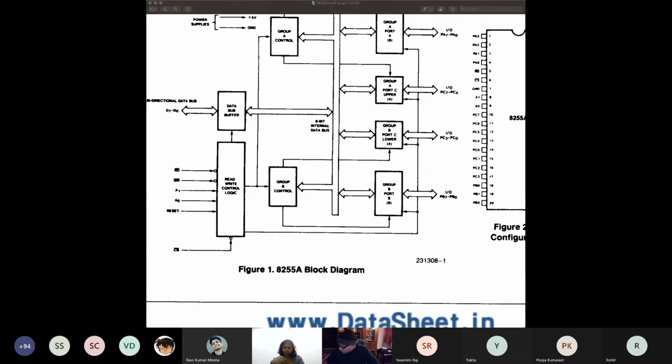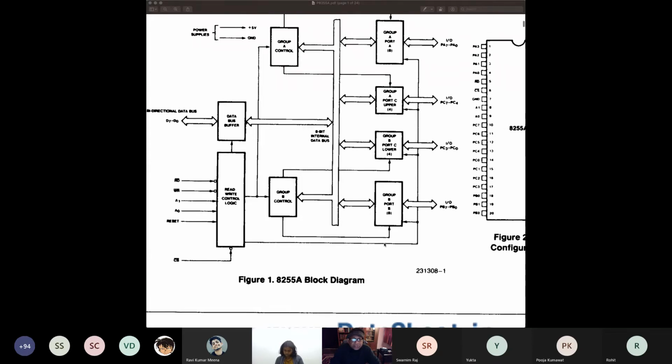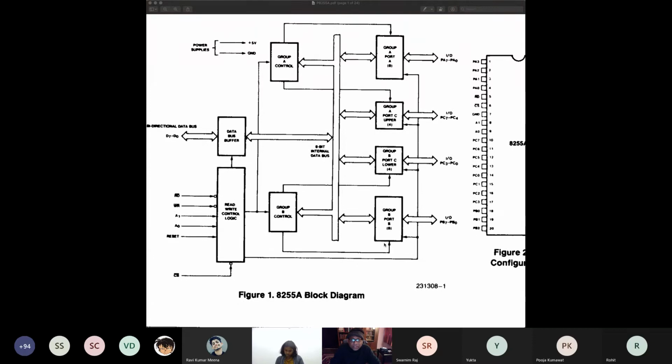There will be 3 ports, so you can control the 3 ports as input and output. You can make it an IO port, input port, output port, or you can also generate some handshaking signals. At the same time, there are 3 ports, meaning 3 addresses: port A register, port B register, and port C register. So the command word register is the same thing as the data direction register in your ATmega. This is a generic chip which I am teaching you because it will give you a lot of ideas.